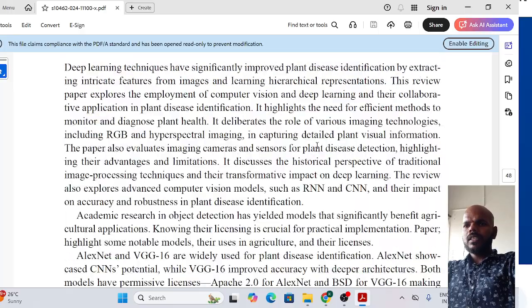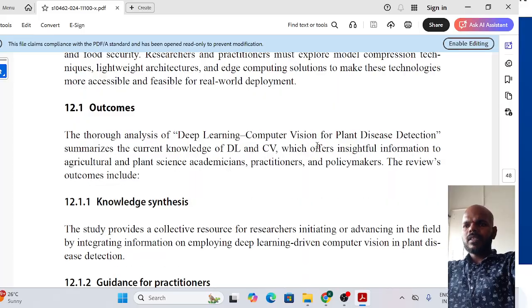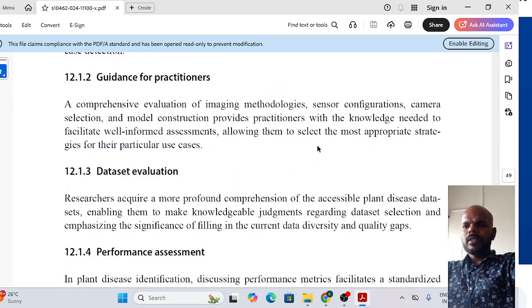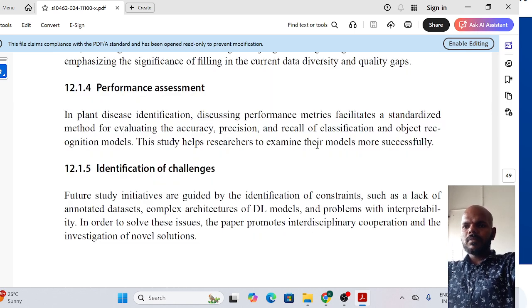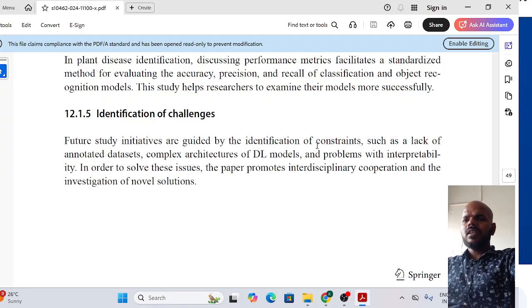If you go like this, you will get the discussion, how they are discussing this paper: outcome, knowledge, synthesis, guidance, everything they have written. Dataset evaluation, performance assessment, identification of challenges. That means that after reviewing this entire paper, they identified some challenges for future experimentation. So these are the major parts in a